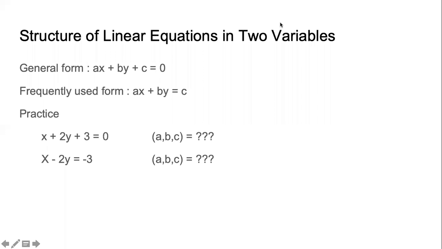Let us start with what we have studied in class 9. So first things first, what are these linear equations and what are these linear equations in two variables? How do they look? Now, two very important things to remember. One is the general form. This is a very official term, general form. Whenever we have an equation in this form, ax plus by plus c equals to 0. For example, suppose it is 5x plus 7y plus 9 equals to 0.